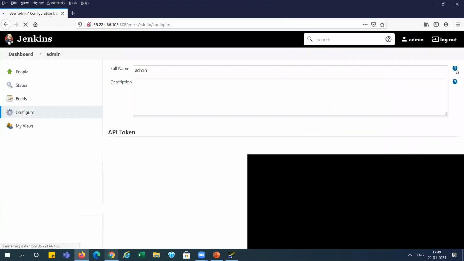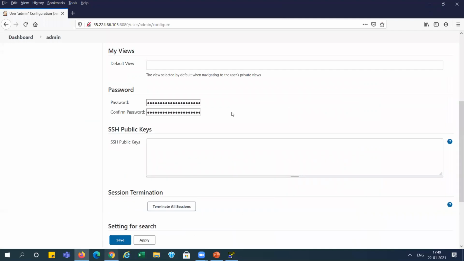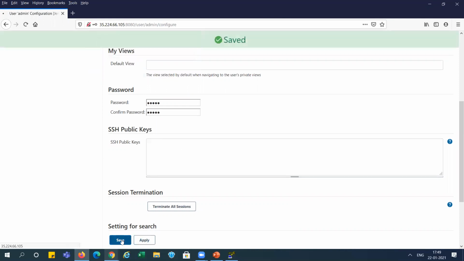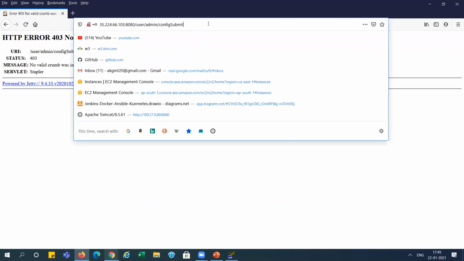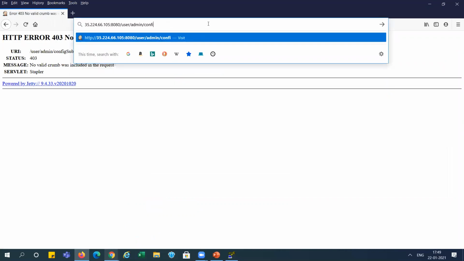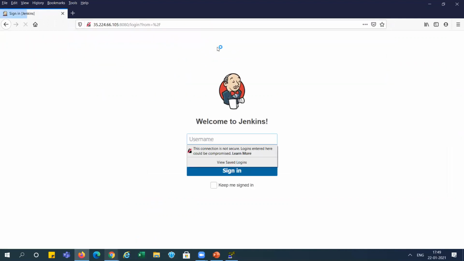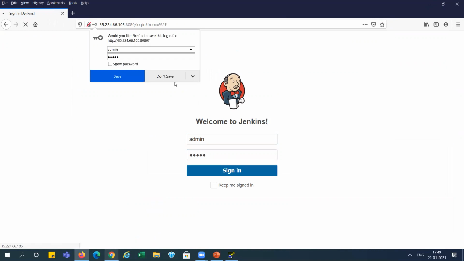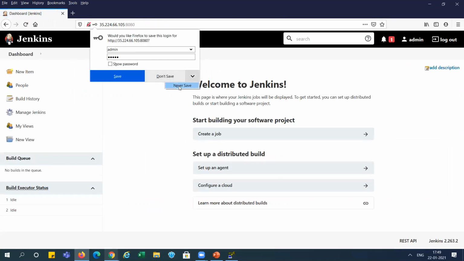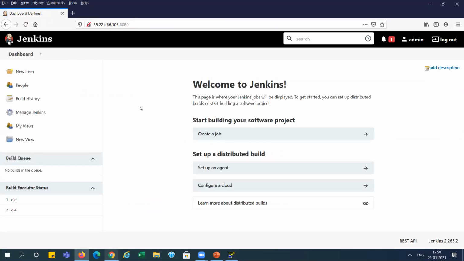Configure this password. We need to restart. The reset. I am putting the same name as a password. Now it is changed, so we got this error. So you can see we are logged in.